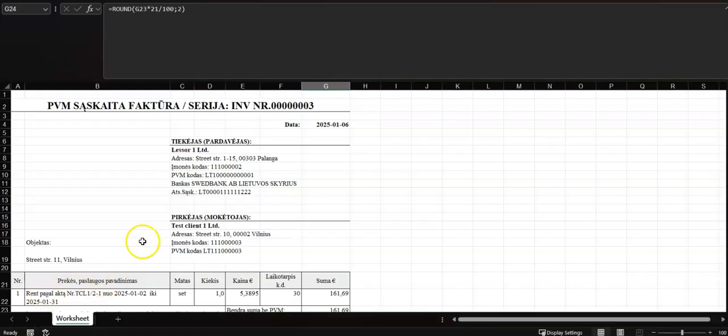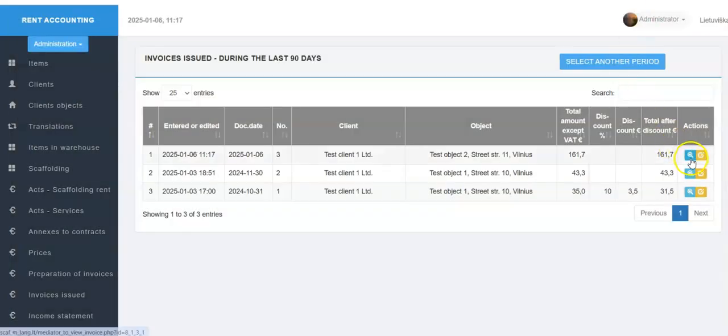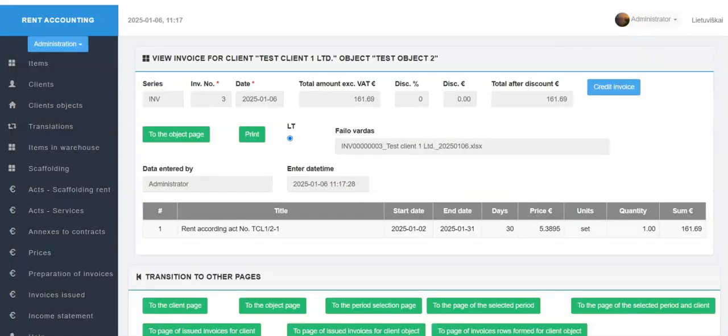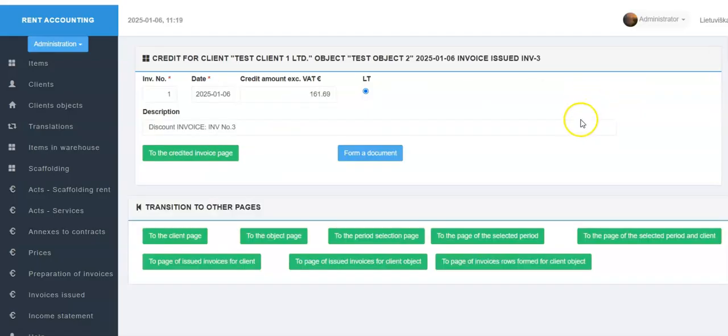and click the small blue button and open the page to view this invoice, where we see that the relevant invoice data has changed. The page for viewing the invoice contains the button Credit Invoice, which when clicked opens the page for crediting the